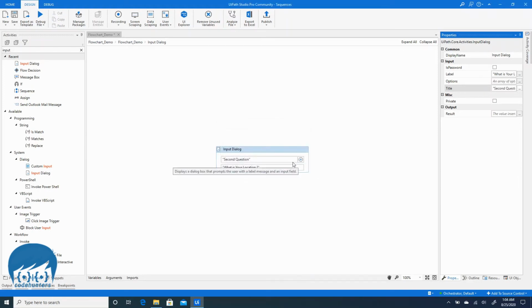Okay, and for the result, we'll press Ctrl K again, and let's name this variable str_location and press enter. Now we will go back to our flowchart demo.